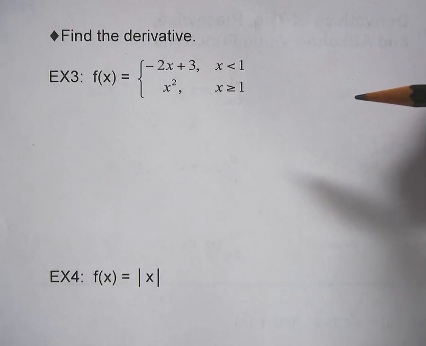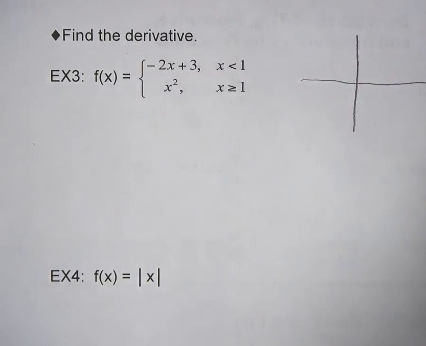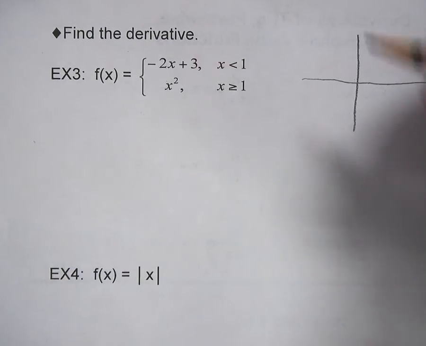Okay, so a couple of things I want to point out here. If you think about the graph of this, why not? Let's go ahead and graph. 2x plus 3 is